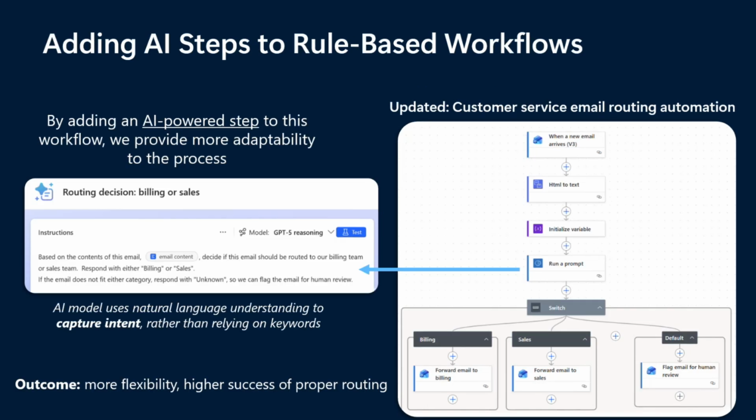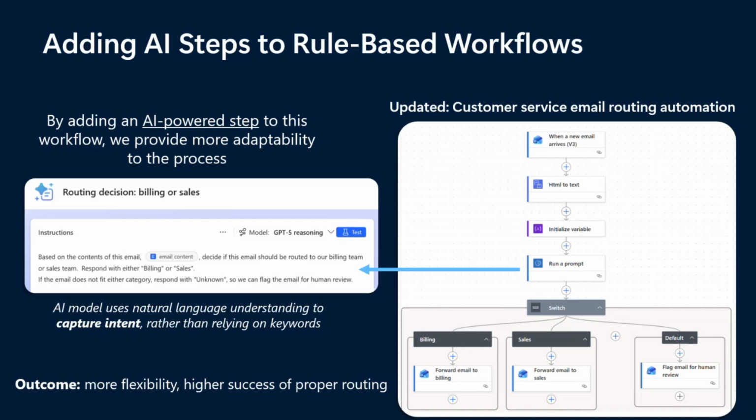And that's where, if we think about that spectrum again, we're moving into the second part of the spectrum, AI-enabled workflows, where you take an AI-powered step. We always called this AI Builder. We just call it AI prompts now, which can be used across the whole platform. But now we could take these steps and put them in, and instead of having this rigid logic to route my emails,